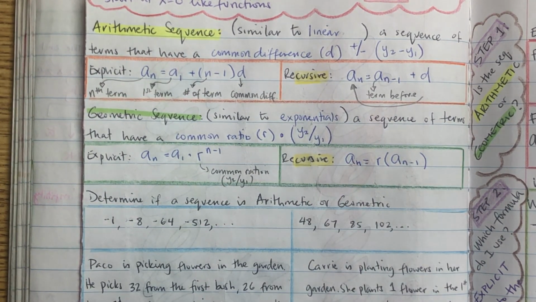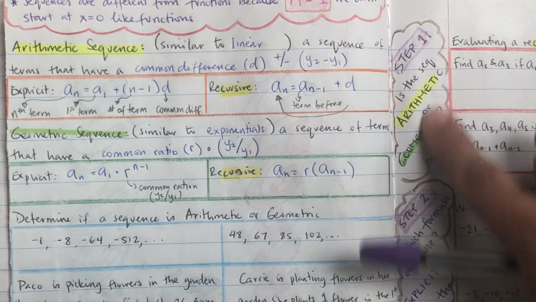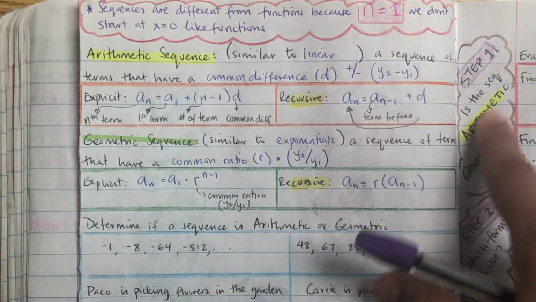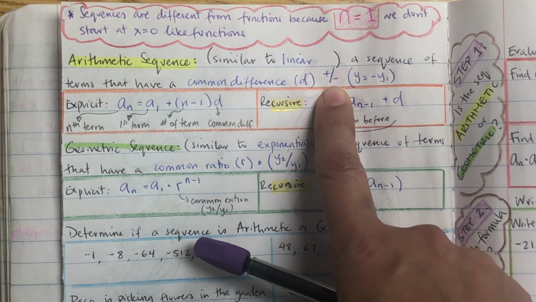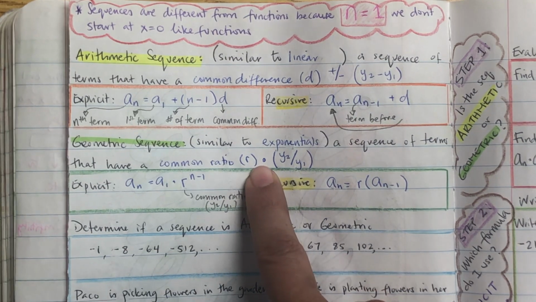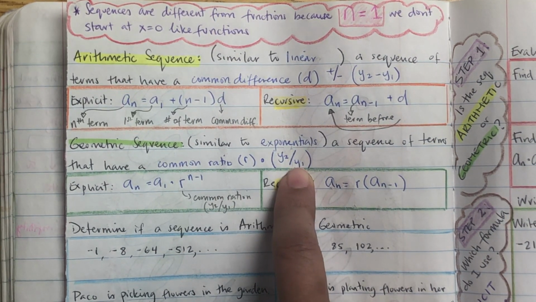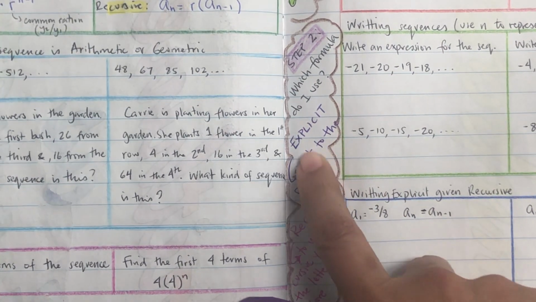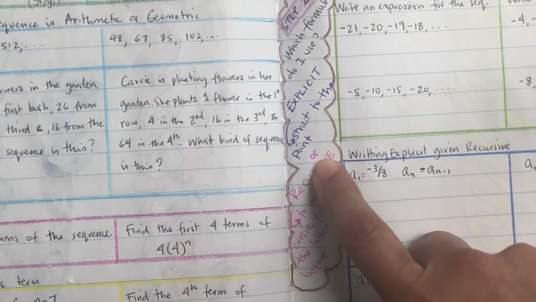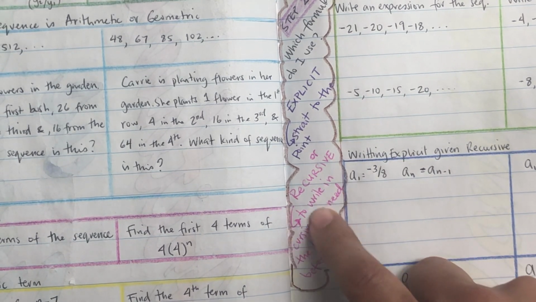Okay, so a couple of things that we need to know. So one is a sequence arithmetic or geometric, and we're going to know that in terms of if it's arithmetic, you're going to add or subtract to get to the next number. If it's geometric, you're going to multiply by something to get to the next number. The second thing you need to know is which formula do you use? Do you use explicit, which is straight to the point, like it's exactly what it is, or recursive, which